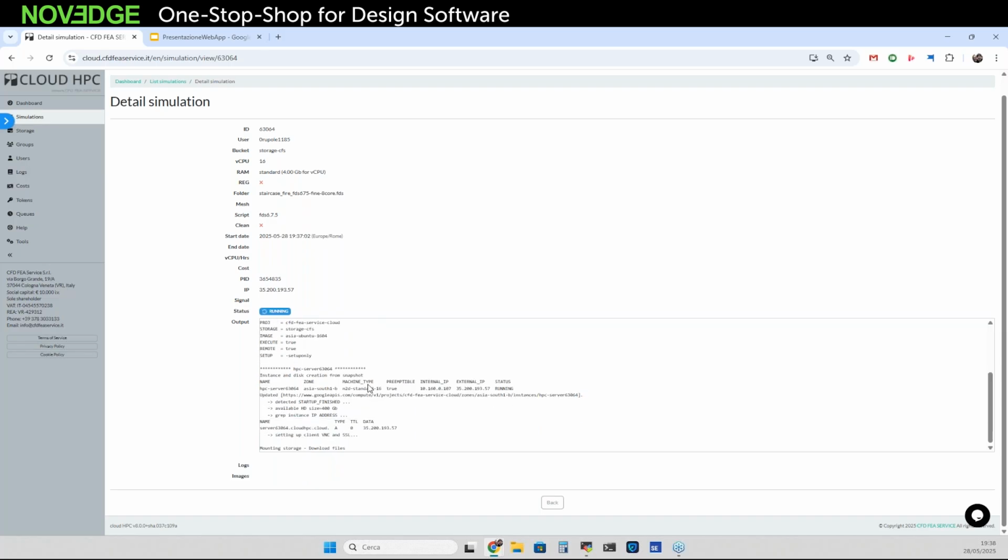So right now, the configuration of the machine has been completed, and the system is copying the files into the virtual machine. We just have to wait a few more seconds, and this particular analysis is going to start. I'll just have to be patient, but I can already highlight,